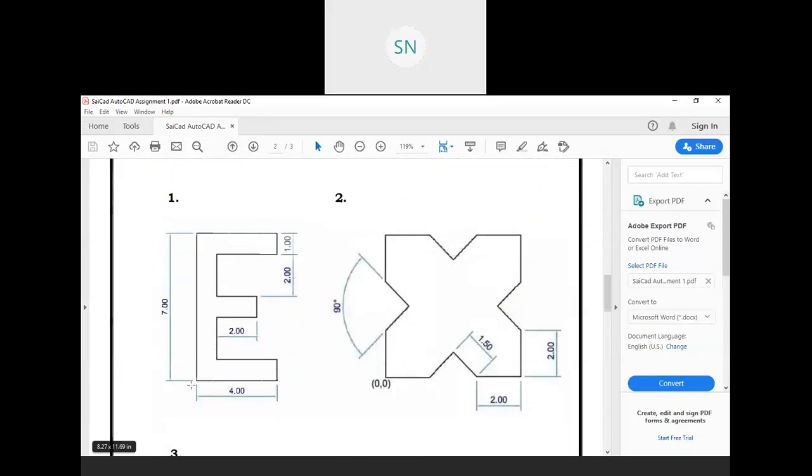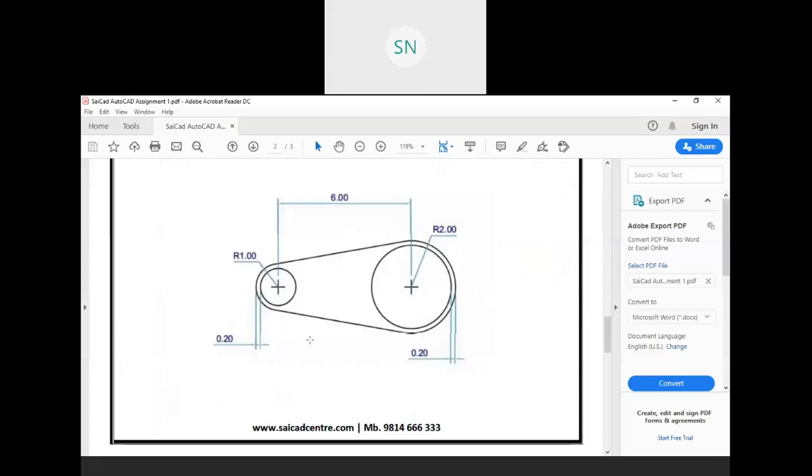In the first assignment, we can easily create this object with the help of our direct method. We are also able to create this object. Then for this, let me try this one. So we have a circle over here and one circle over here. First of all, we will create a 6 mm line. So we will get the center of both circles. Then we will create one circle of radius 2 and one circle of radius 1. Okay. So first we need to plan everything, how we will draw this.